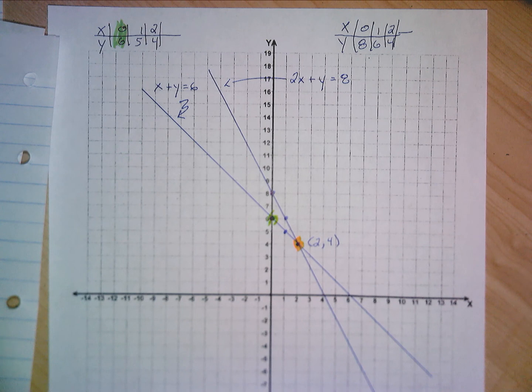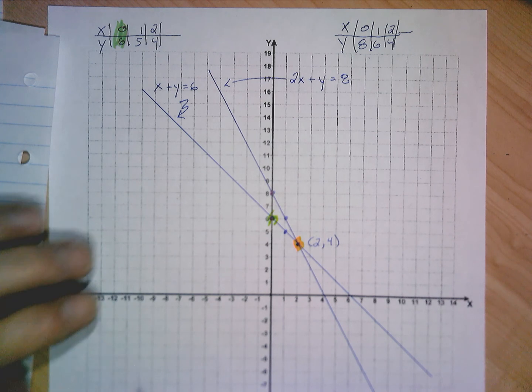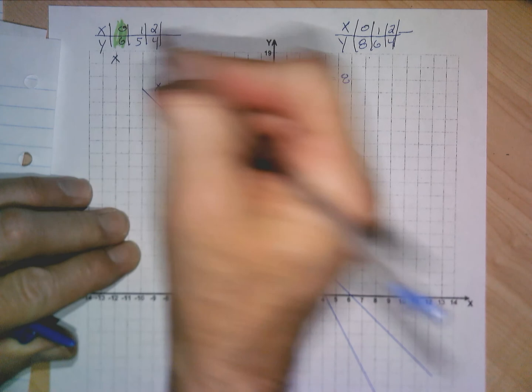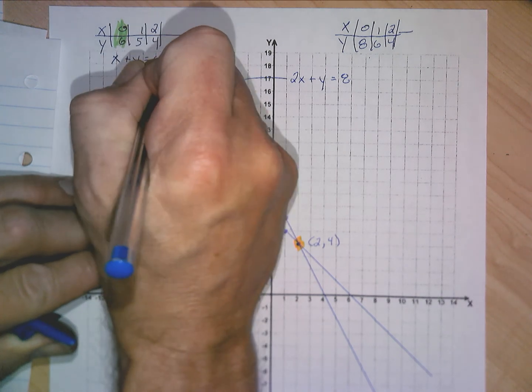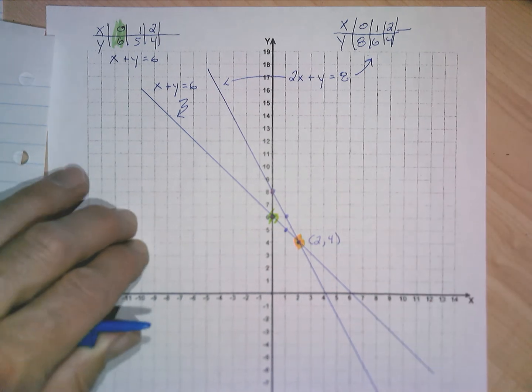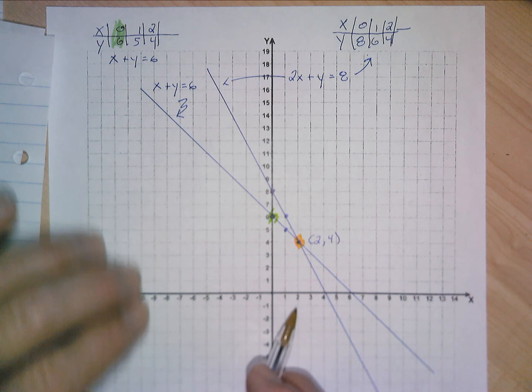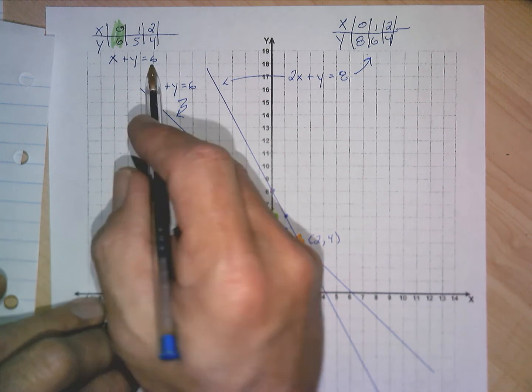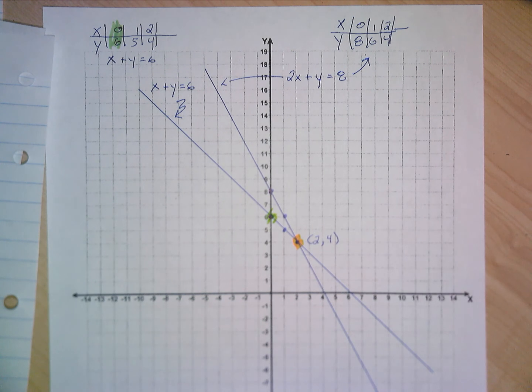So I think I have enough graph paper. What we're going to do is put 2 problems on every sheet of graph paper. So we're going to do another set of problems on this graph paper using that as our example. And let me just remind you that this table went with this equation, and this table went with that equation. And remember, we checked them. 2 and 4 work for this, and 2 and 4 work for that. Okay, so now you have to solve for